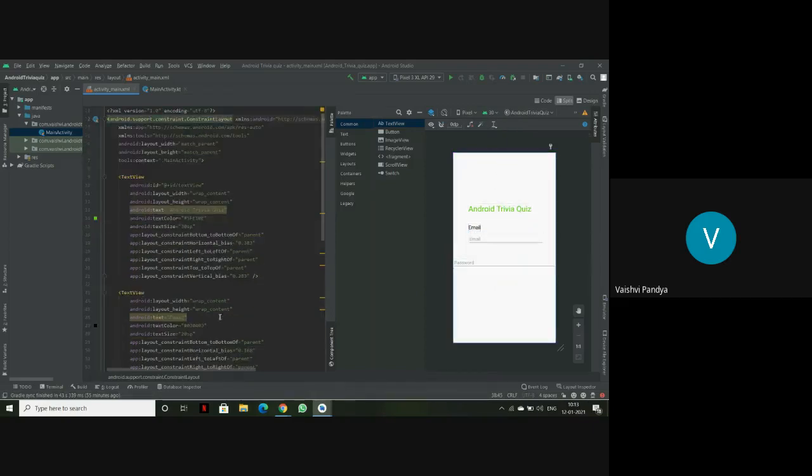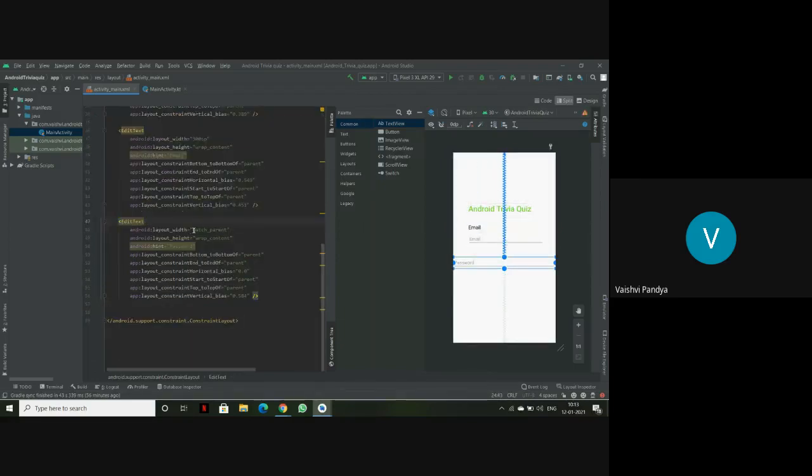It completely depends on how you want the design page to look. I'm just changing the numbers here, and it's all based on the trial and error method. You have to just keep trying numbers until it fits perfectly.